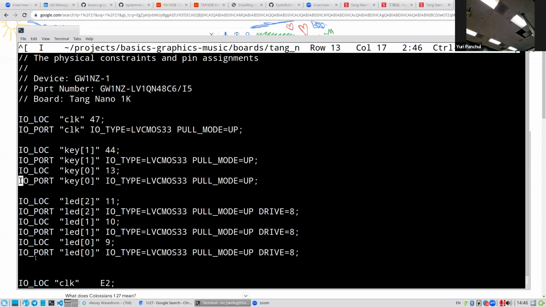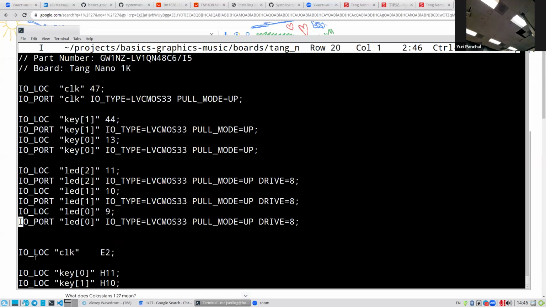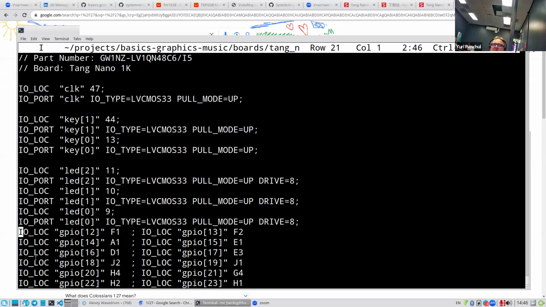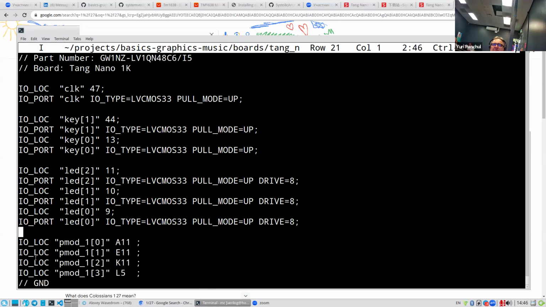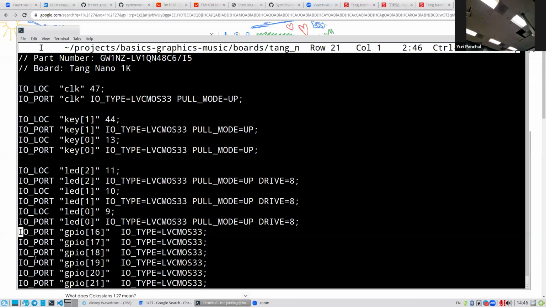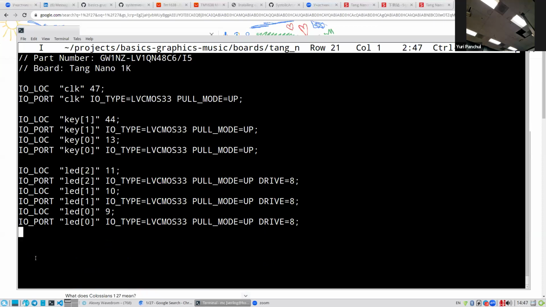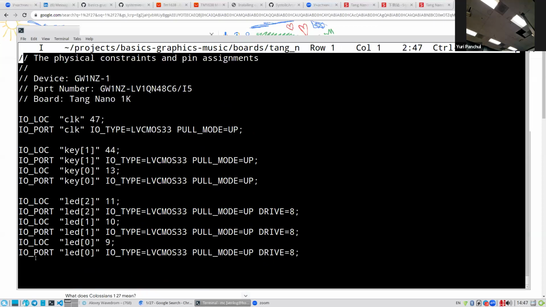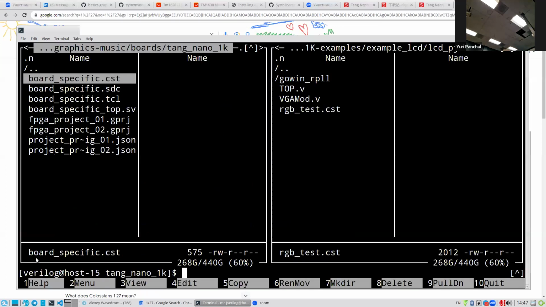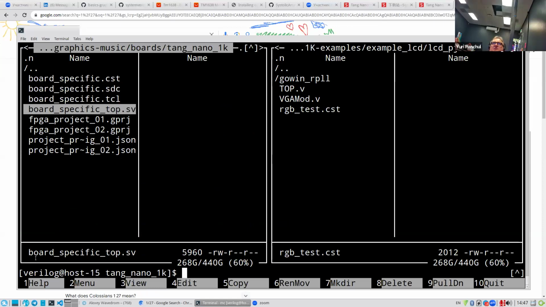Good. Okay, so let's create such a miniature file. Let's remove everything else. And let's see whether the first example will work with such a file. So okay, so we have clock, we have two keys, and we have three LEDs. Okay. Now let's go into board specific top,